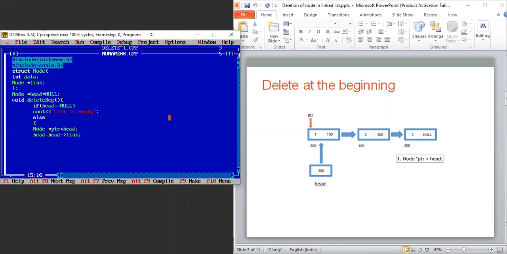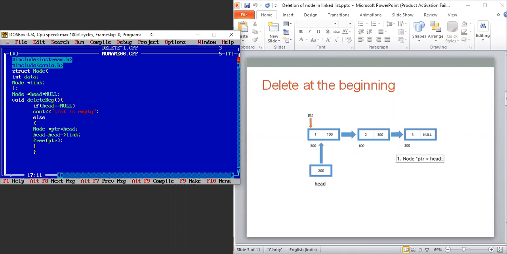Okay, so it will point to the link part here, and we are having that free PTR. Okay, that is free PTR. Now what free PTR means is that we are freeing this particular PTR node over here, or we can say that we just want to delete that particular portion. So we are just freeing the value of this particular pointer, that is PTR. Okay, so this is how we have deleted our first node over here.